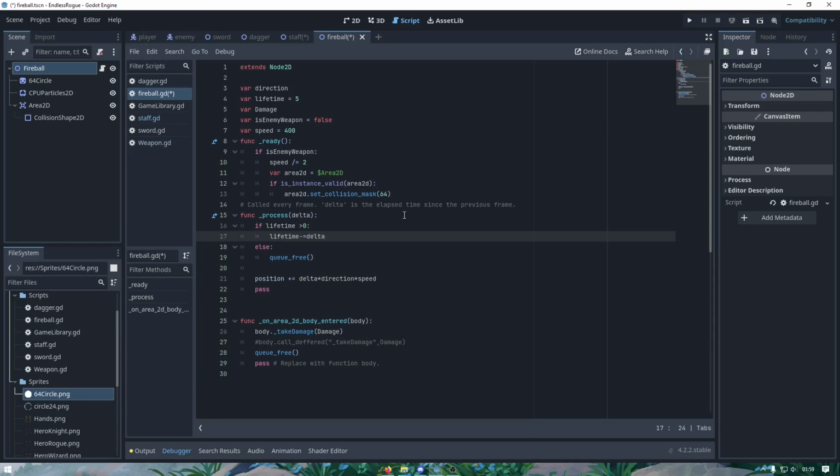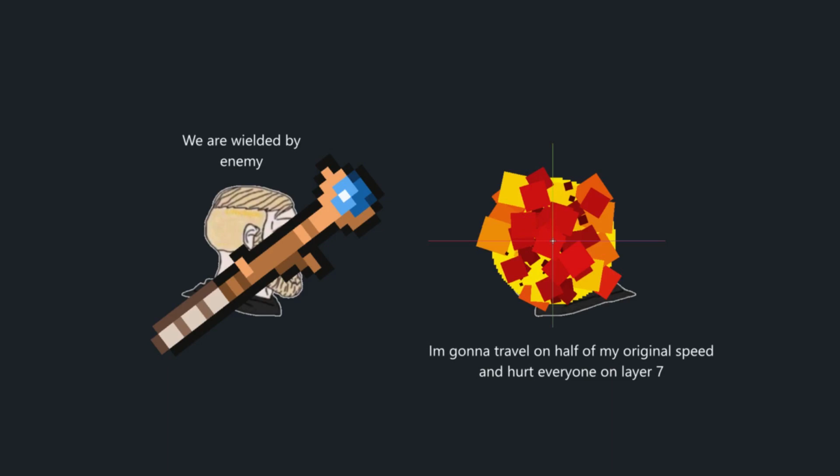Okay, so the ready function on the fireball script. If the fireball belongs to the enemy, the speed would be slowed by half, and if the area 2D is valid, then we set the collision to layer 7, which is 64 in bit.